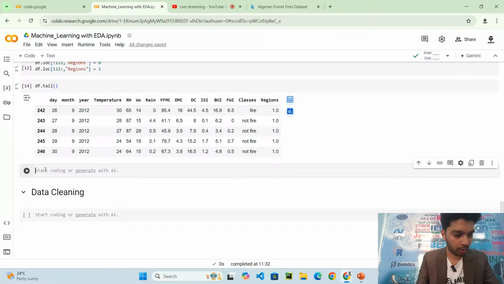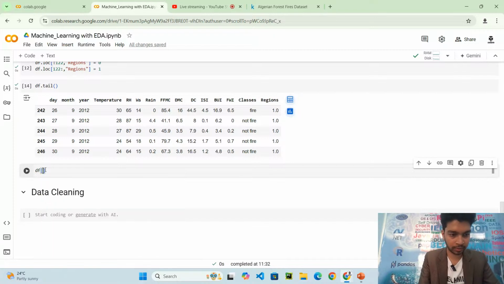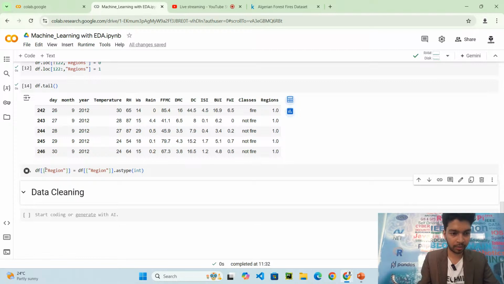Now, take Region, and do df['Region'].astype. These are in float, so I'll convert them to integer, and run the code.